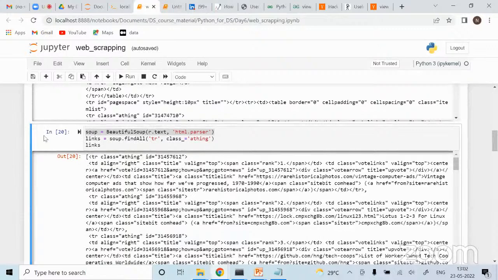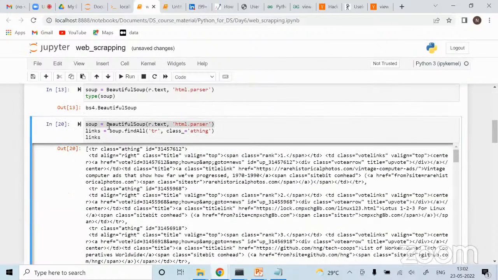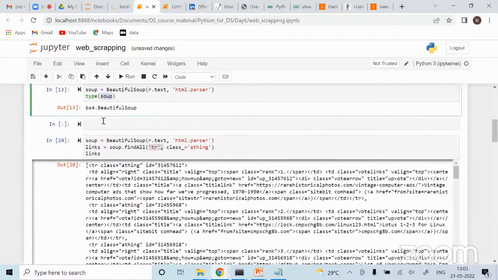Okay, so if you check this soup, it is nothing but it is text only. If I do soup ka type, what is soup type, right? Okay, so it is this BeautifulSoup, right? Now इसमें आप क्या कर सकते हो, find all करके ऑपरेशन होता है. What it does, it will try to find wherever there is a tr, okay, and wherever that class is a thing. So if I show you again what is there in soup,